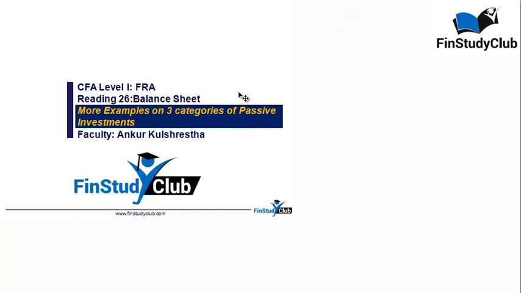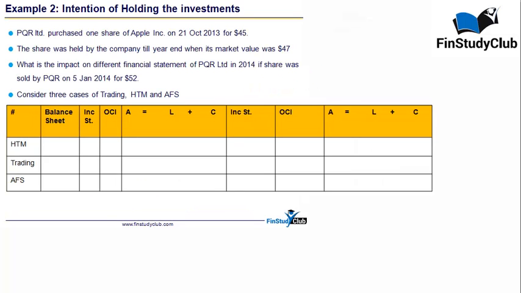Look at the accounting for passive investments, where the three different intentions are being used. Obviously, before looking at this session, it is absolutely imperative that we would have looked at the basic session, wherein we talked about the different rules of accounting for three different categories. So this is really a follow-up video session on that recording.